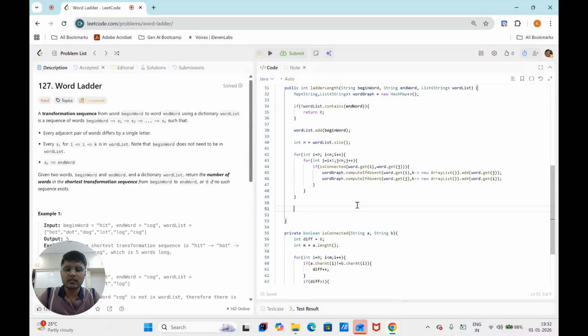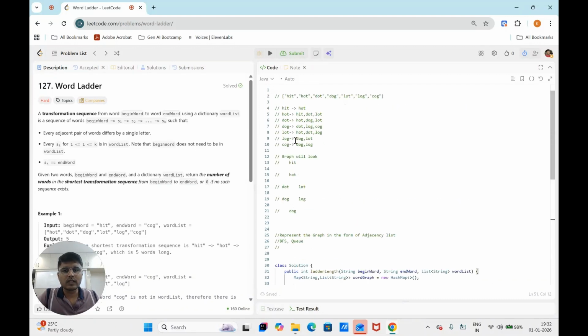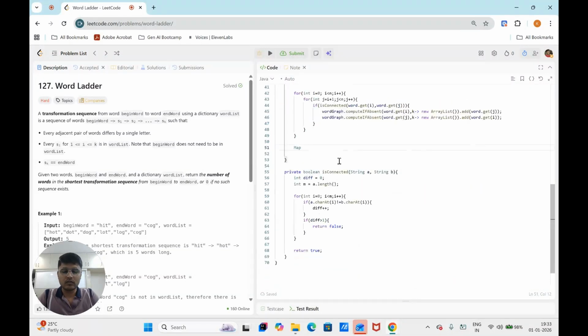For that we will need two things. One is the visited or unvisited, because you see here duplicacy is there, like for the dot hot. Then again for the dot adjacency list we already visited the hot dog lot, and again the lot will be there. So we want a visited list to be maintained. So for that we'll be creating string comma boolean true or false, visited is equal to new hash map,